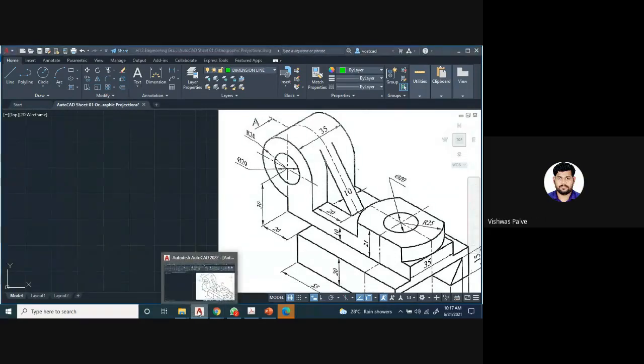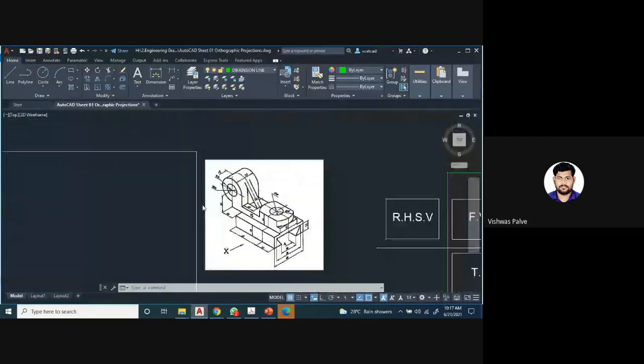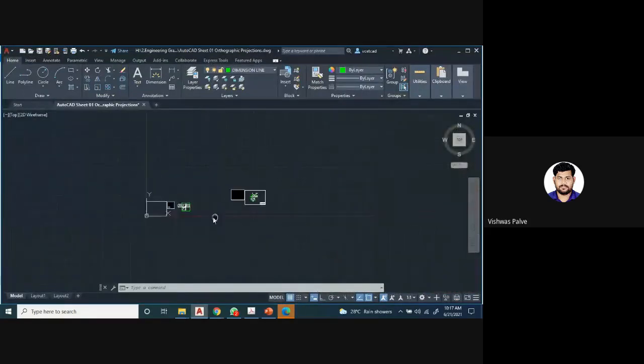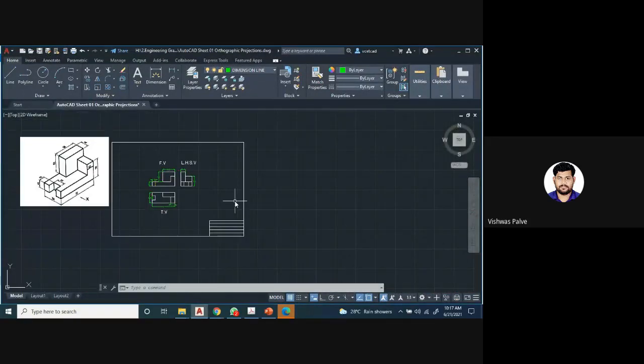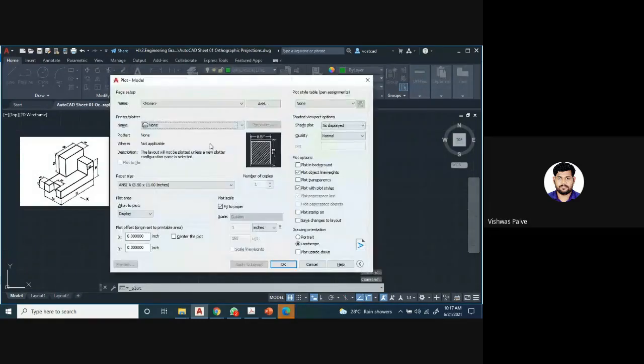Whenever we print, with Control P, there is an option whether we want to plot the object line weight, or plot with transparency.